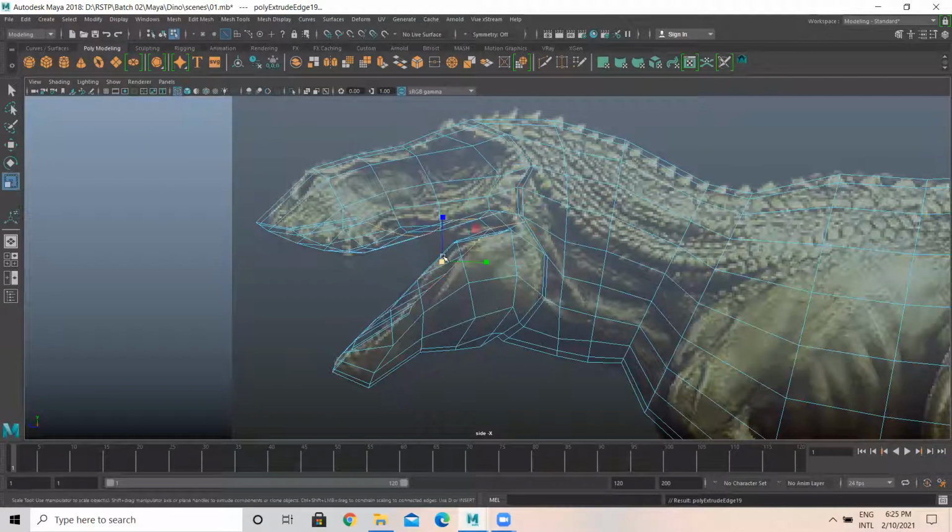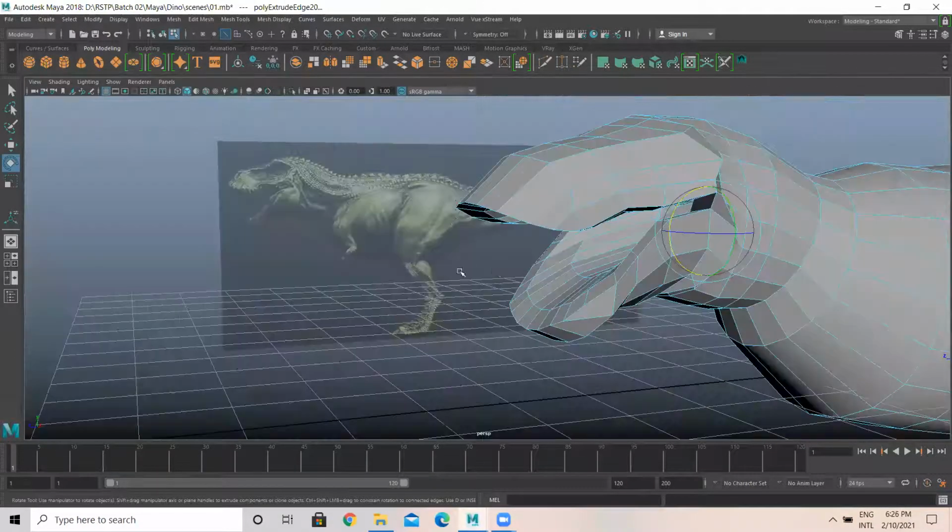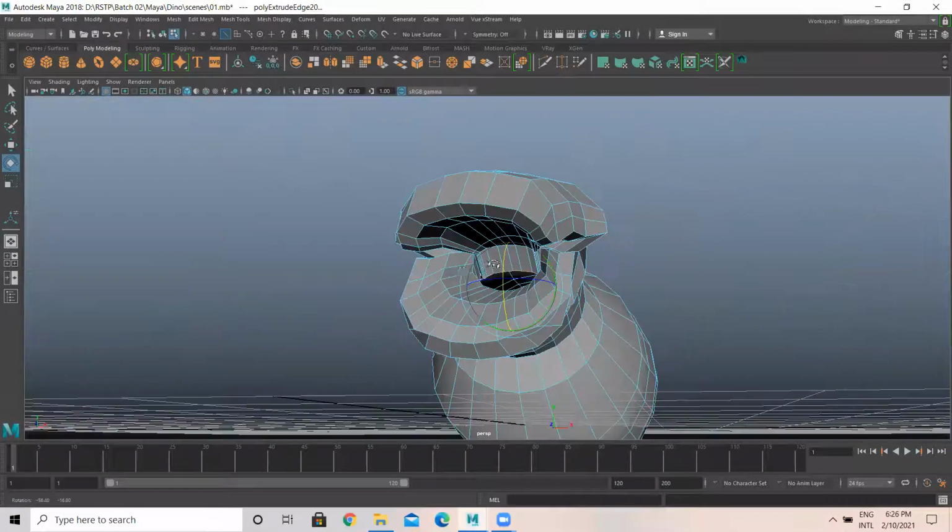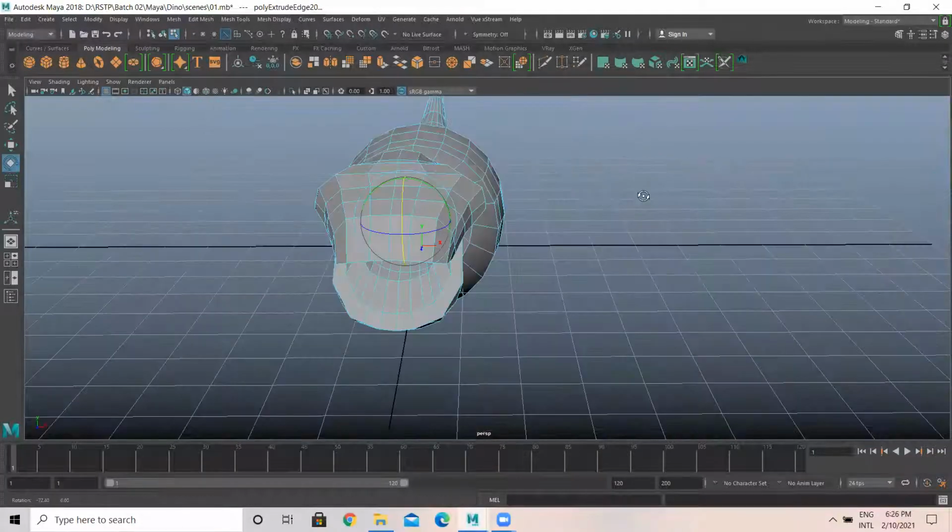Again extrude. Scale it inside like this. See, we have created it like this. Got it?